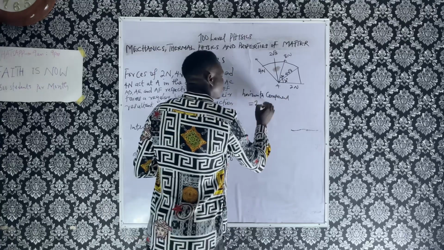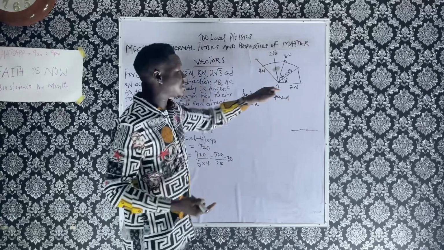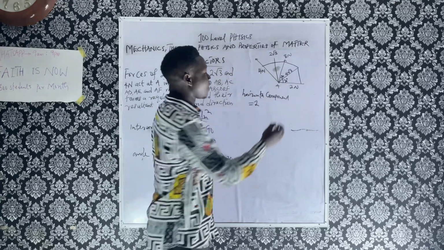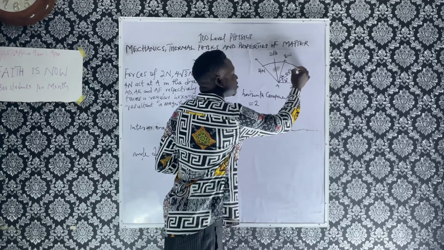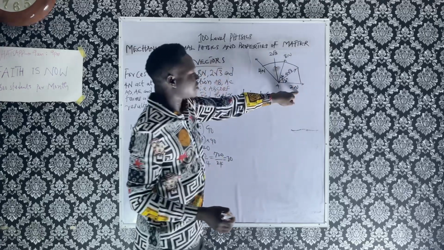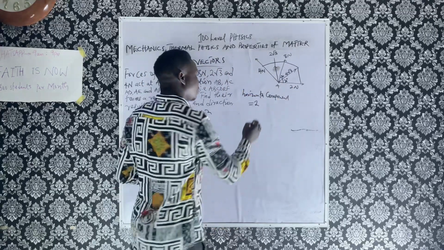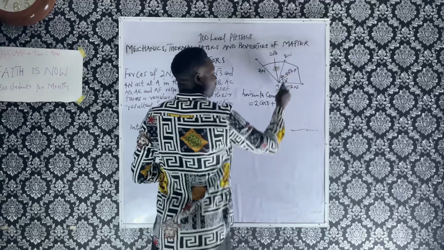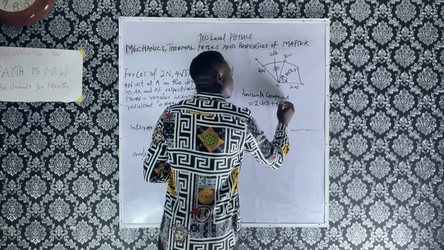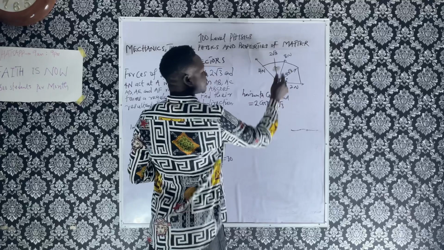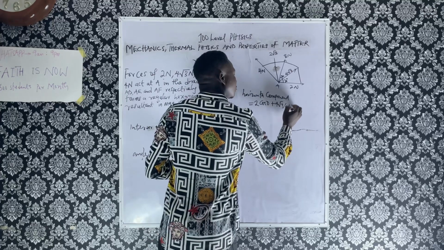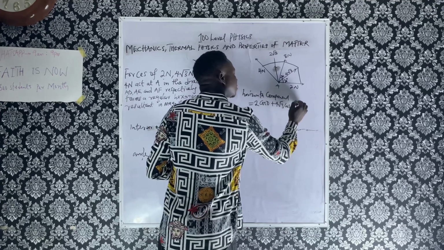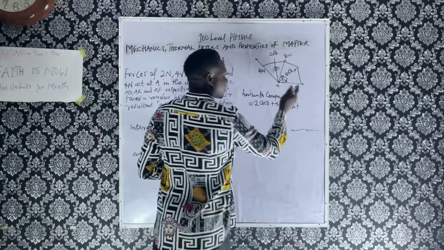Since the force is starting from 0, that will be 2 cos 0 plus 4 root 3 subtends an angle 30, cos 30, plus 8 cos